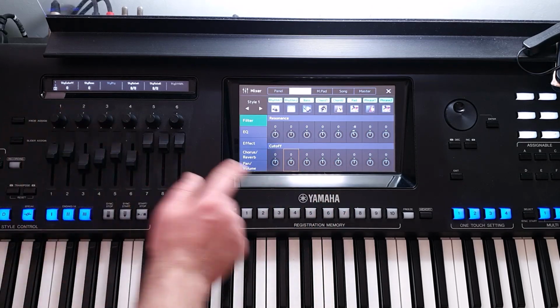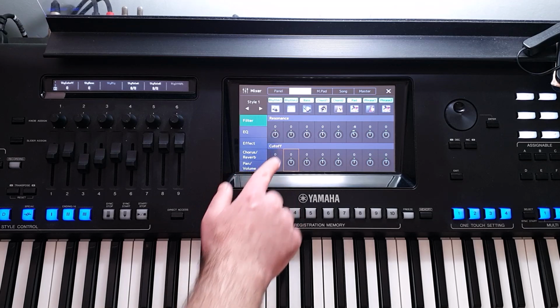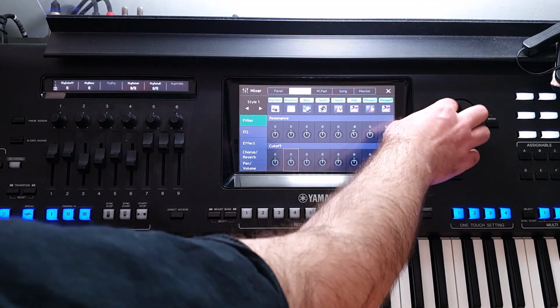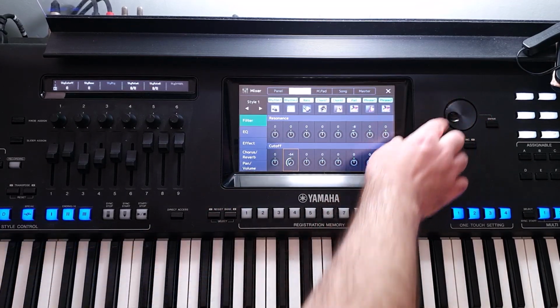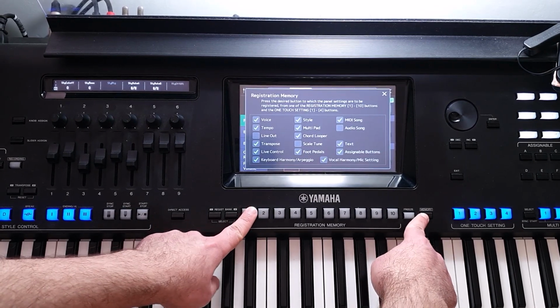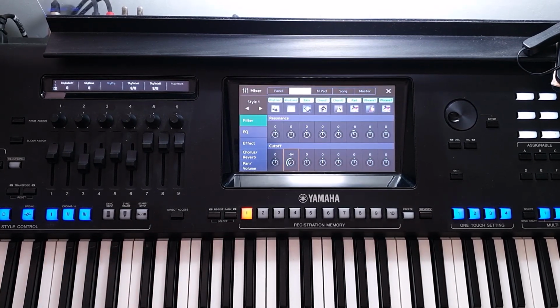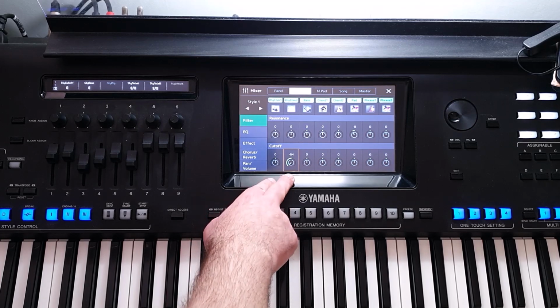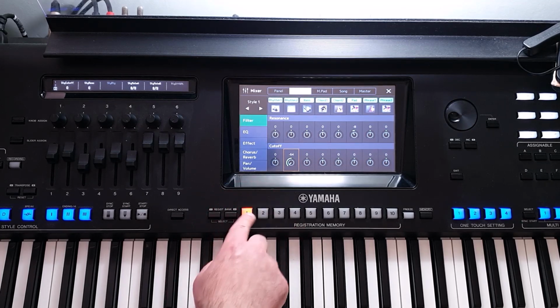I'm going to cut off only the drum part, and then I'm pressing Memory 1, and I memorize this setting to the first registration memory cell.